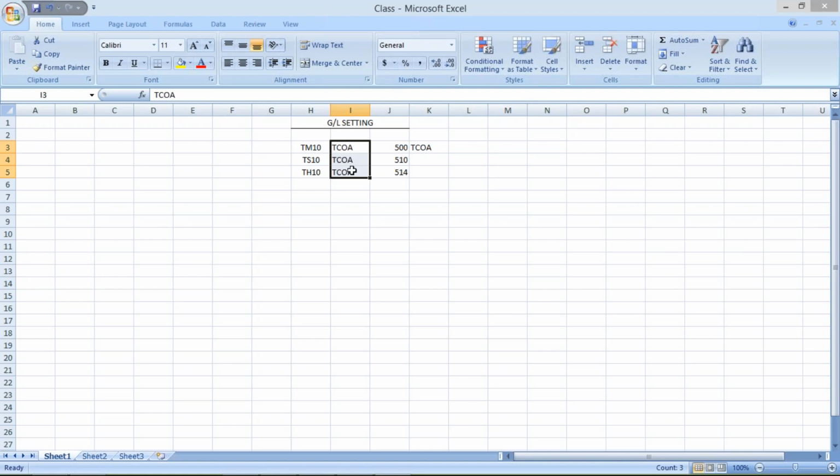I can do for other company code in the sense, the same chart of account I have assigned to Tata Steel also. So now whatever these 500 GLs are there, that is available for Tata Steel also. And whatever these 500 GLs are there, that is available for Tata Hotel Group also. Now in this, like 500, 510, 514, these are the GL. In these GLs, almost more than 450 GLs will be common GL, which will be used by all company code